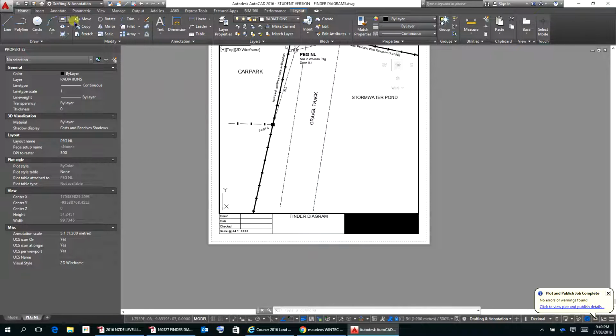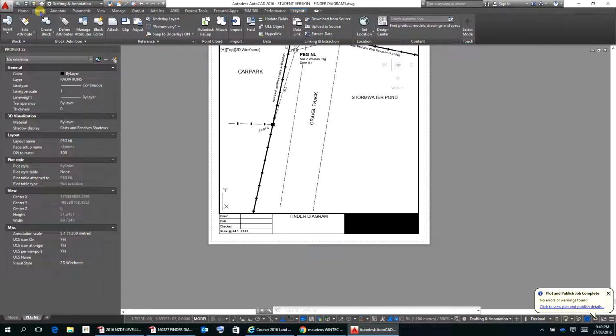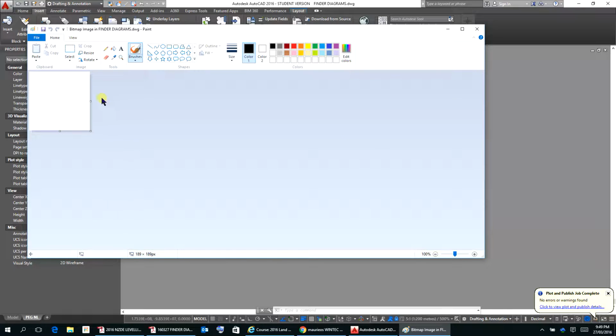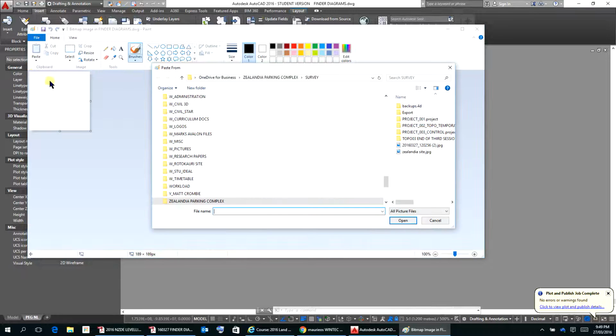So I'll just do it this way for now. We'll go Insert OLE Object, and I'm going to choose Paintbrush, and then I'll go down to Paintbrush here. Okay, and that's it there, and then I'm going to go Paste From, and this is where I locate my